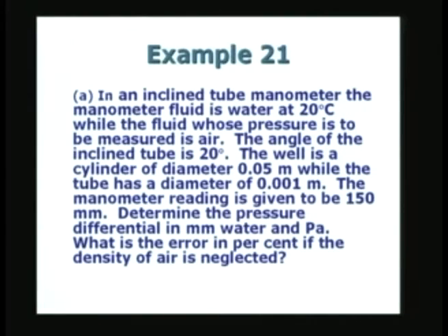We also would like to find out what is the error in percent if the density of air is neglected, because if you remember in the last lecture we talked about the fact that the density of the manometric fluid and the density of the fluid in which the pressure is being measured, both are going to play a role, and in many applications we could in fact neglect the density of the fluid in which the pressure is measured. Specifically in the case of mercury and air, for example, the mercury density is so large compared to that of air that this neglect may be justified. But if it is water and air, as we have taken up in this particular example, it may be a cause for a considerable amount of error.